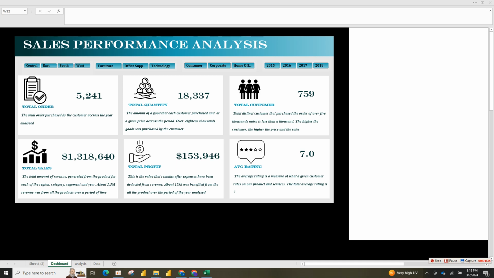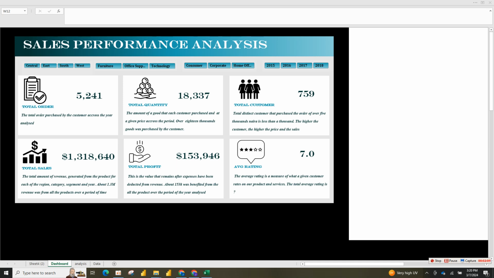As a data analyst, I'm just assuming that scenario. So I came up with this particular dashboard to give insight to what my client wants. Like I said, it is a sales performance analysis, and I did analysis based on the total order over the period of the year analyzed, the total quantity, total customer, total sales, total profit, and also